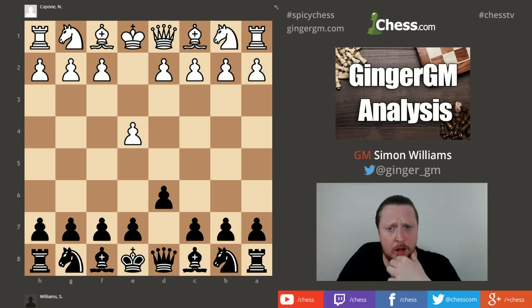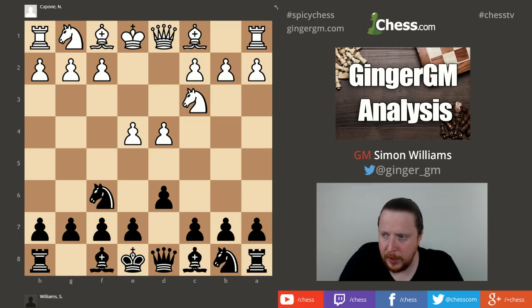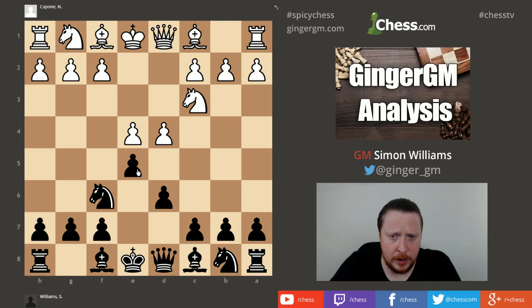So anyway, the Black Lion starts with D6, and now knight to F6, attacking E4. White defends E4, the most natural way, knight to C3. And now the way I play it is with knight B D7. What's Black's strategy? Well, Black's strategy is to go E5, bishop E7, C6, and we'll come to the rest of it a bit later on. Now, you can also go E5 immediately, but this does...